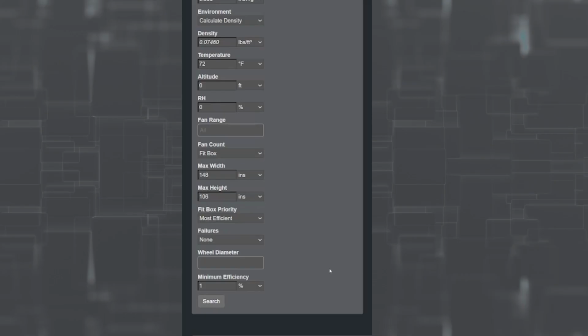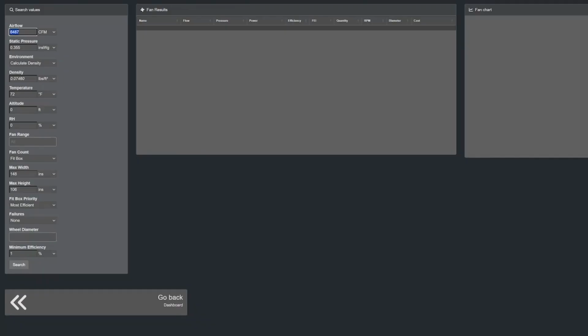Once you've selected all of your other priorities and your redundancy, we can then look at wheel diameter. The current offering from Infinitum is 18 to 27-inch centrifugal fans of those three designs I mentioned before. If I want to filter by a specific wheel, I can choose that. I can multiple select, and if I want to clear them, I can do that. If nothing is selected, we'll see all the available fan wheel diameters. I'm actually going to change this number so we get multiple fans. Once we're satisfied with our search, we can go down here to the bottom and hit search.